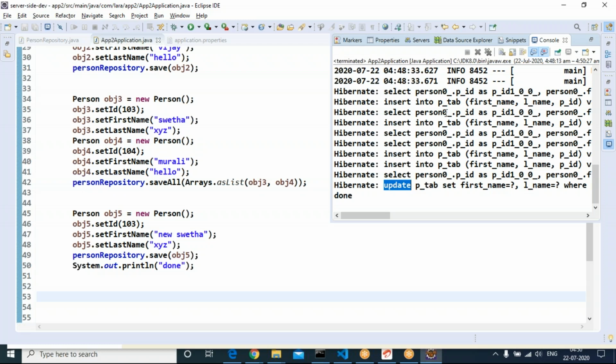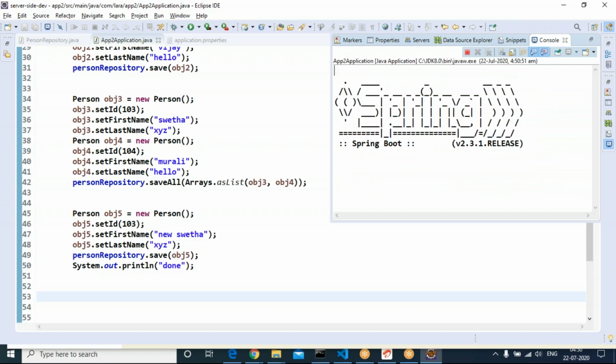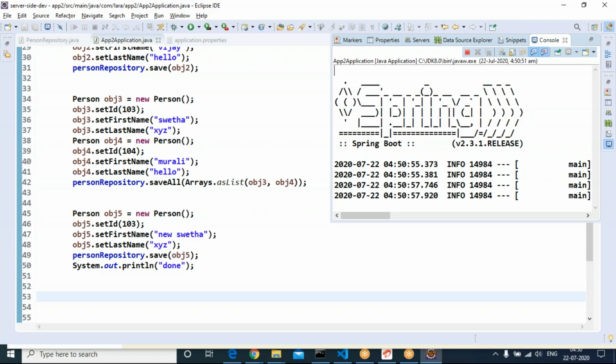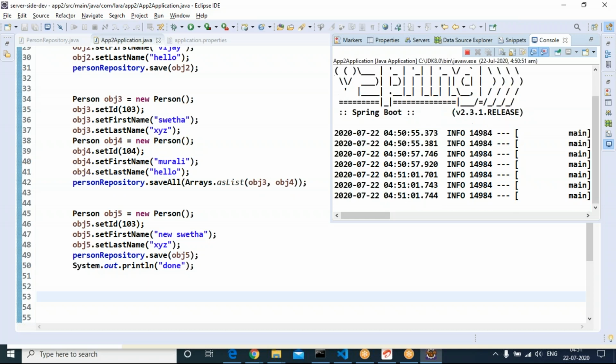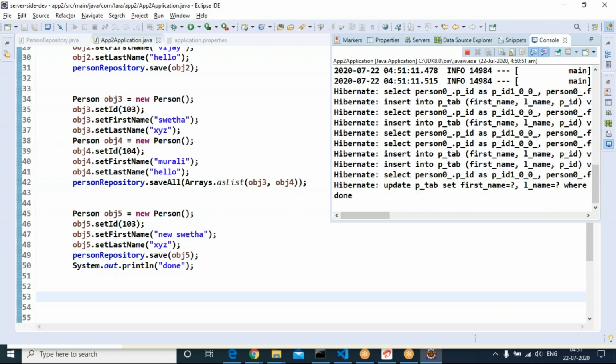While starting the application, through the main method, there is a call to the run method. In the body of the run method, please observe, we are inserting 4 records. In an in-memory database, while stopping the application, the database is erased. While starting the application, the database is created.